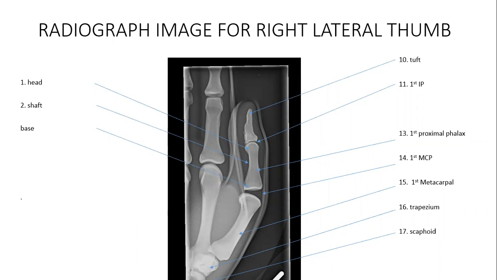After ensuring that the patient was positioned correctly, I instructed the patient not to move as I took the image from the control panel. The anatomy demonstrated was the patient's right thumb, a lateral view. The images in the profile are the first distal phalanx, the first proximal phalanx, the first IP, the first DIP,